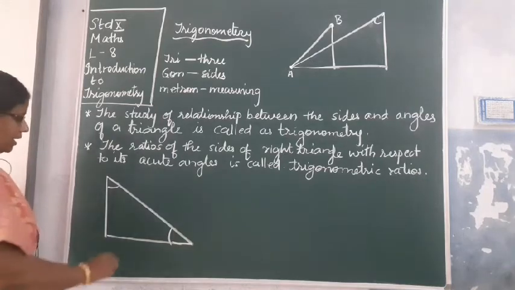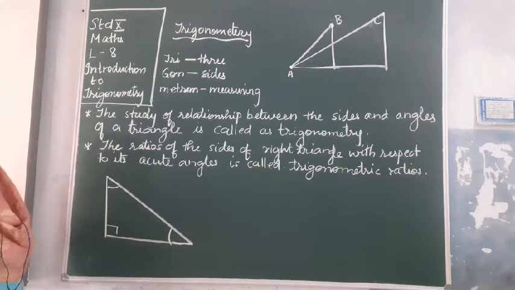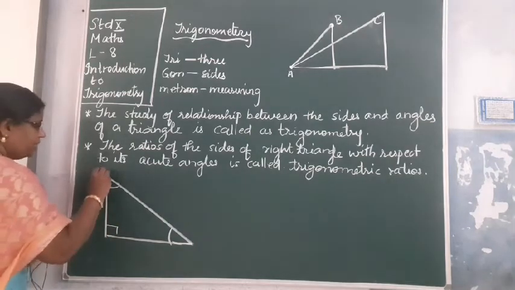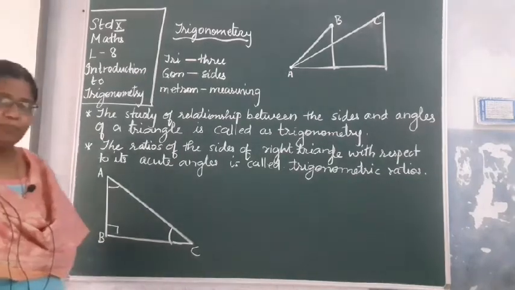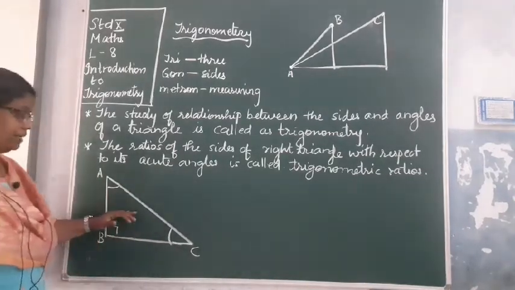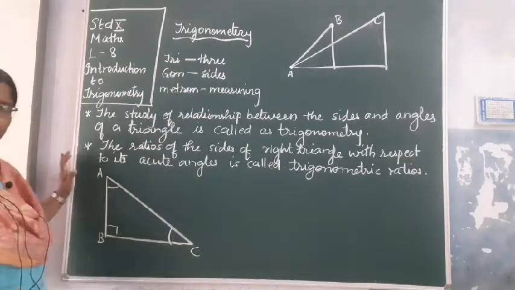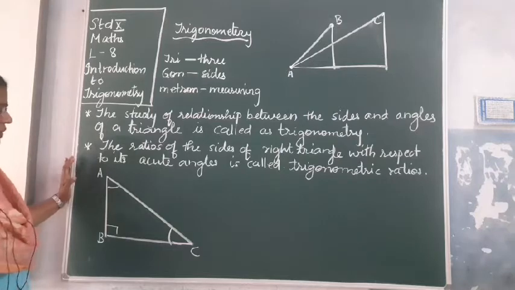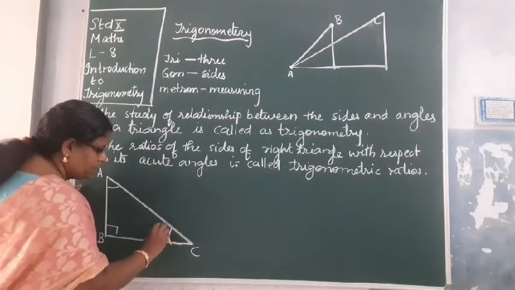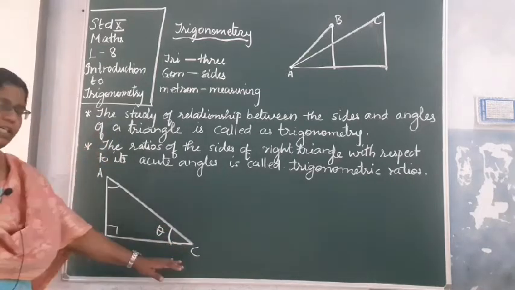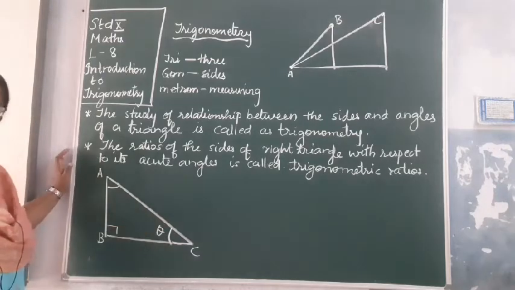Remember it, no? If this is 90 degrees, then in this triangle both the other angles can only be acute. Okay, so let me name the triangle as ABC. So this is a right angled triangle. Okay? Now in this right angled triangle, angle A is also acute and angle C is also acute. We will take one angle. Let that angle be theta, which is represented for C. Angle C we have represented by theta. The measurement of this angle, let it be theta.